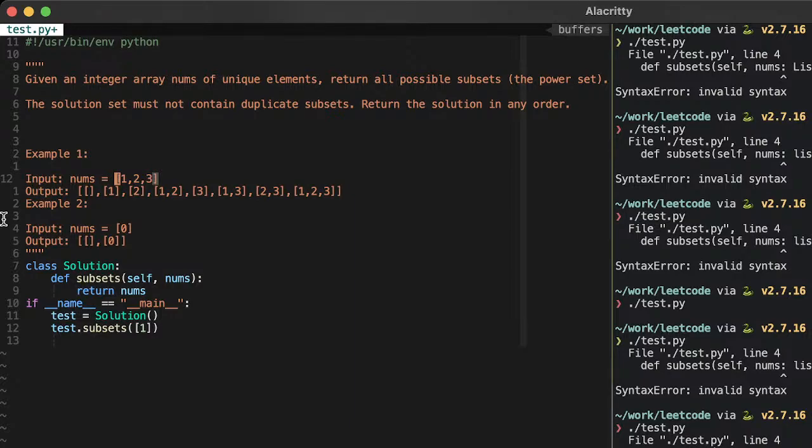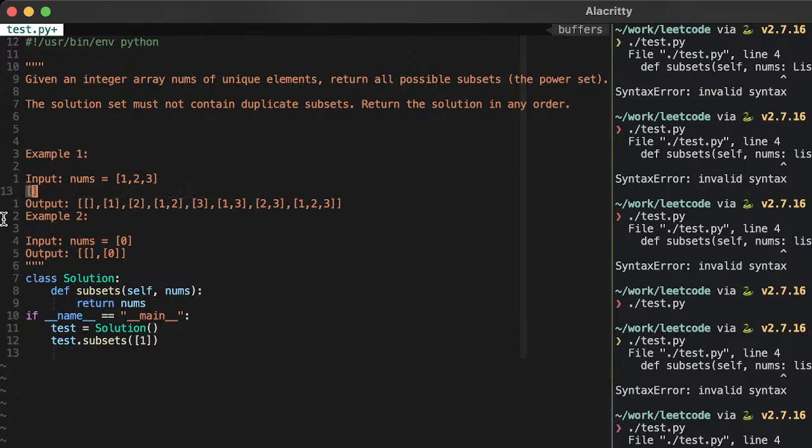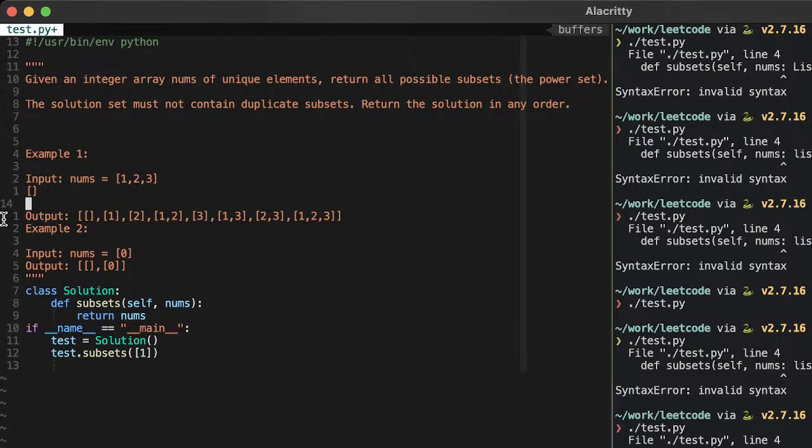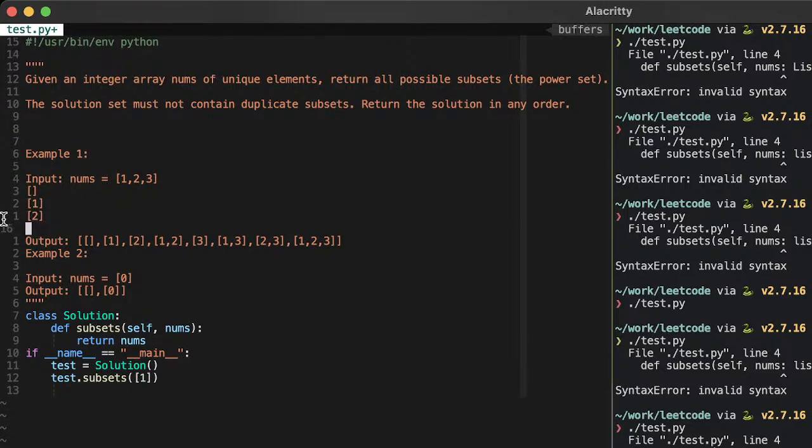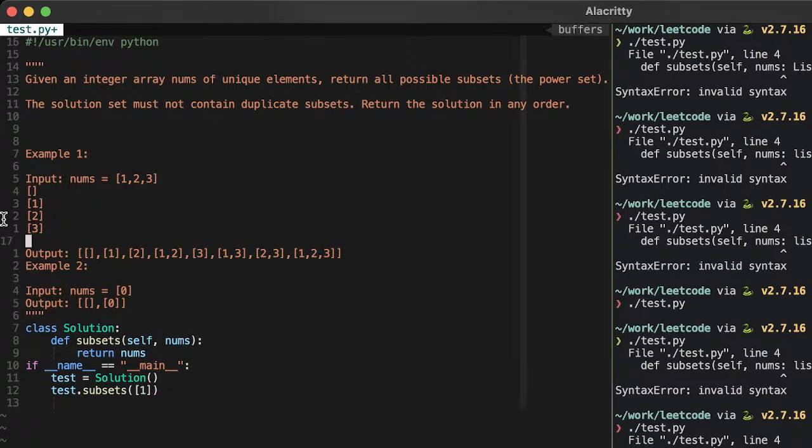Okay, so let's figure out. So empty set, all of 1. I like to do it. My strategy is I like to just do it by hand and see if I can get any intuition about what we're doing, and then see if I can write some code to do what I was doing by hand.